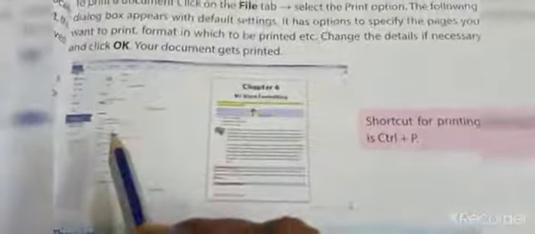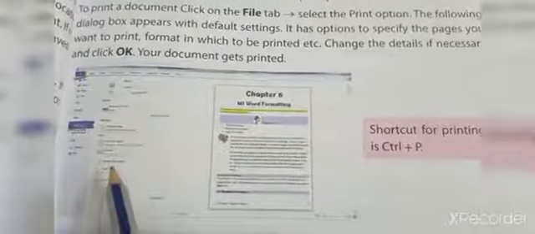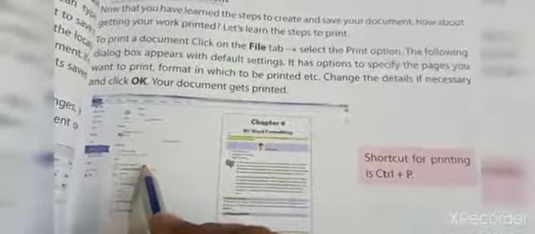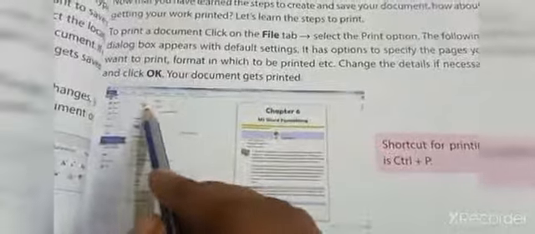See here, how many copies do you want, and whether it is to be printed one-sided or you have to print on both sides of the paper. Likewise, it asks some details. You have to fill in these details, and after you have filled them in, just click the Print button. Then you can print your Word document.